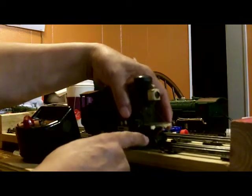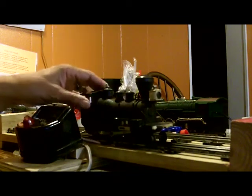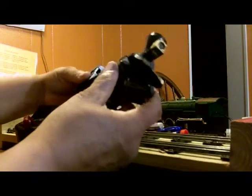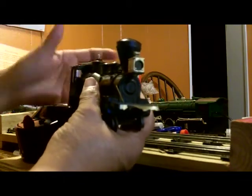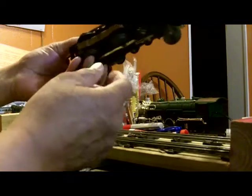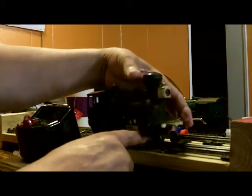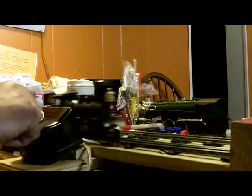let's talk about some of the things that it's missing. Of course, we know it's missing the front cowling, and we know that it's missing a plume or two on the stacks. It has a broken corner on the roof, and other than that, once we get the cowling repaired, put a couple of plumes of some kind or another on it, repair that corner, clean it up, go over the motor again, make sure it's good and oiled, lubed, the wheels are all clean, I think we're going to have a great